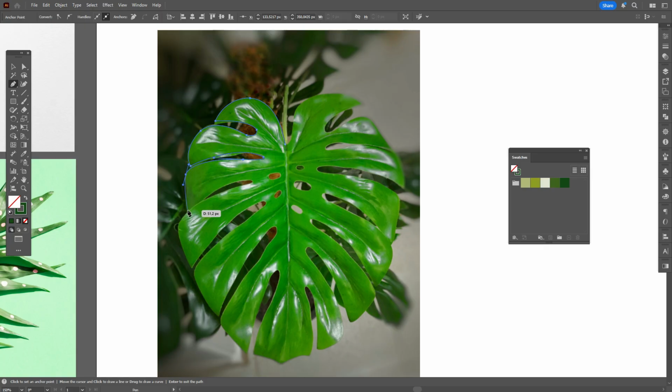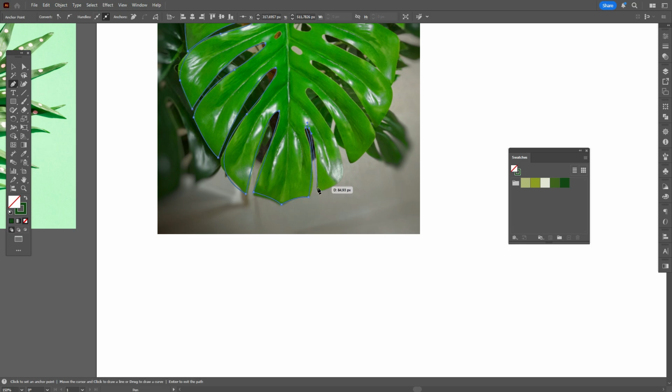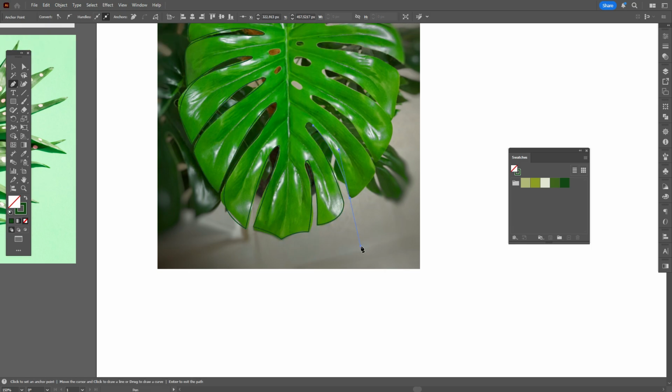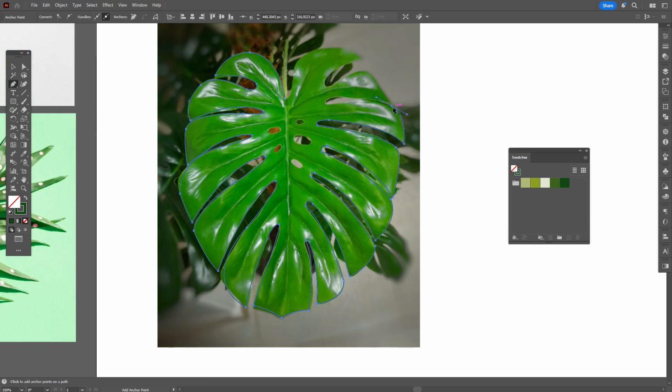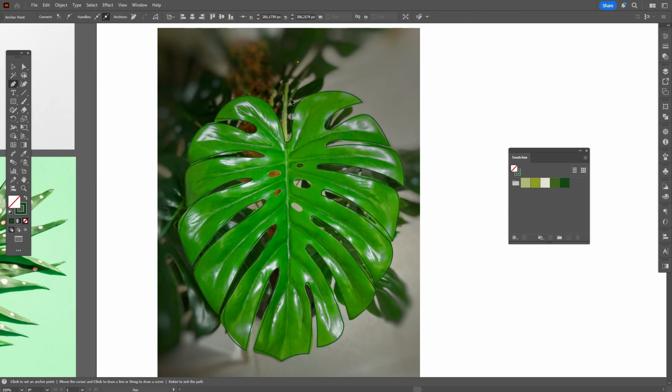Okay, so now we need to create the shape of our leaf with the help of the pen tool like that. That leaf like your sketch. Okay, let's continue. And now let me make it a little faster. It's not necessary to go straight on the lines of our leaf. You can make some of your own lines. So as I said, like your sketch. And you can create your own details, for example. Okay, now let's create here the line